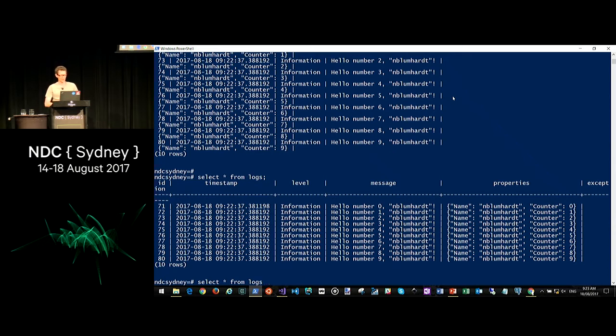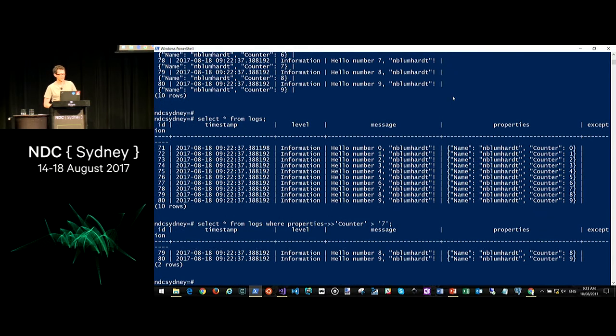So imagining that this is a big heterogeneous log stream, we can say where properties counter is greater than the value 7. And then we just get those individual events out. So we've got a message in there that's as good as any kind of text logging message that we previously would have used. And yet we've been able to zoom in and just grab those events that we're interested in